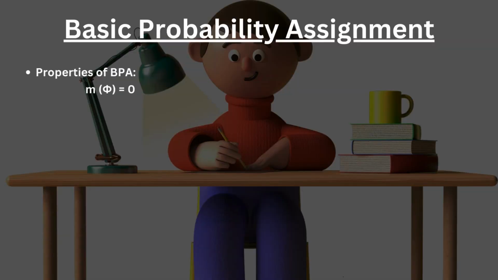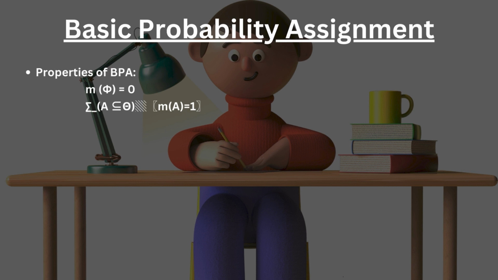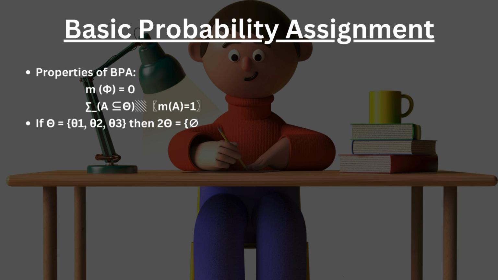One of the properties: phi represents the empty set, and the basic probability assignment of the empty set is always 0. This means we do not assign any probability to the scenario where nothing happens. For example, in a coin toss scenario where theta is the set of all possible outcomes, that is head and tail, the basic probability assignment of the empty set is 0; it represents the case where neither head nor tail